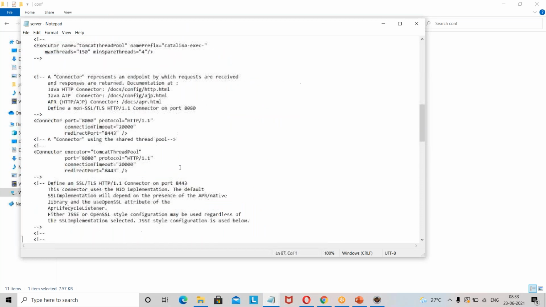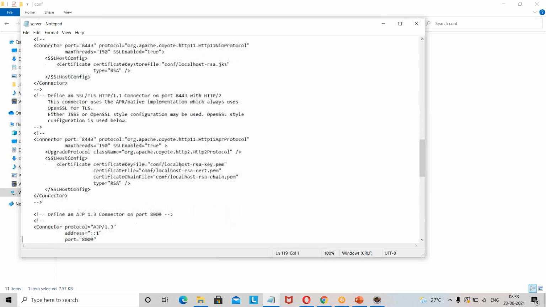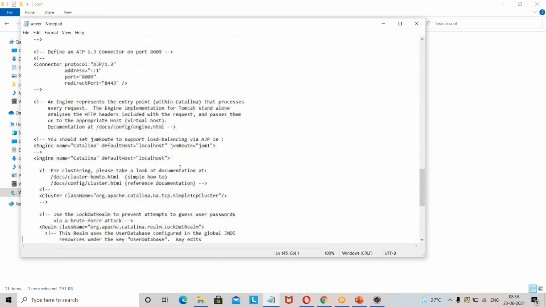They're telling to change the port here also, right? Yeah. But what port exactly needs to be changed?